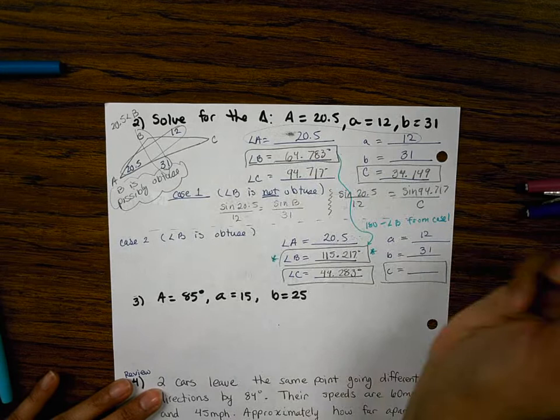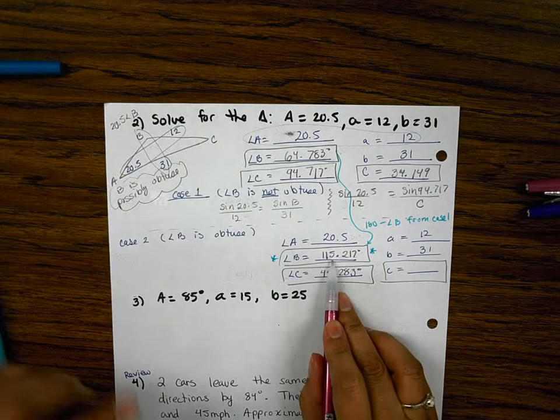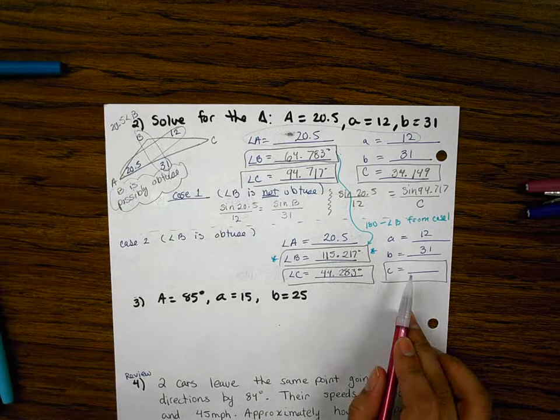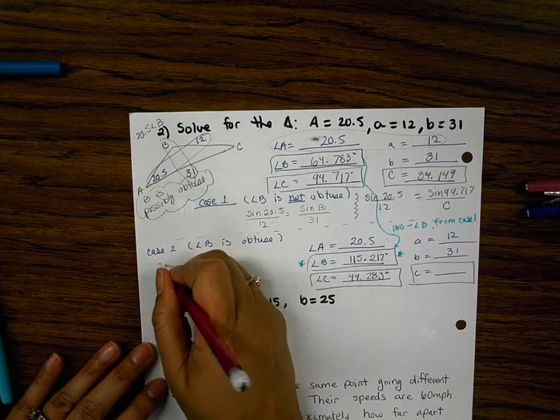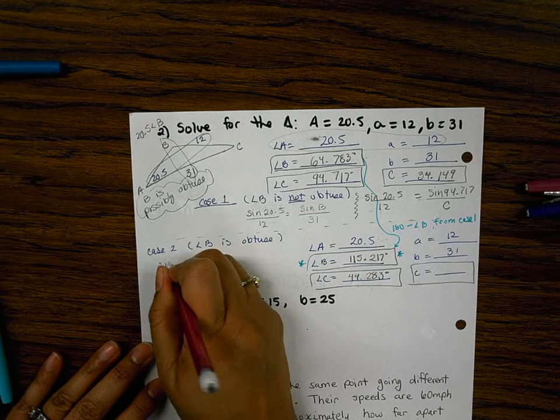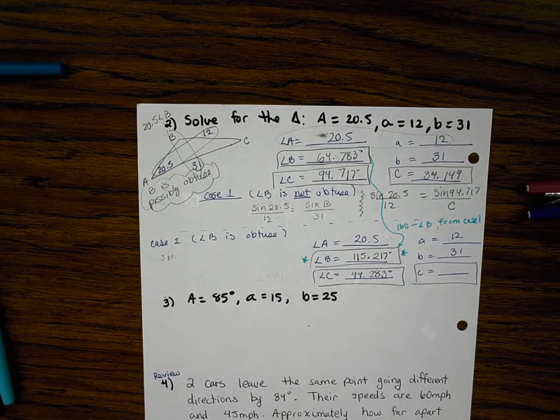You could see that C is different from angle C up here. Forgot to box that one in. Angle B is different from this angle B, so now we need to find side C. So we do the original set. Oh, my pencil's running out. Sine of 20.5 over